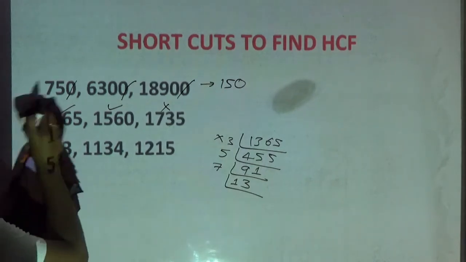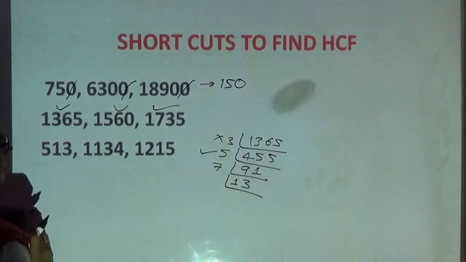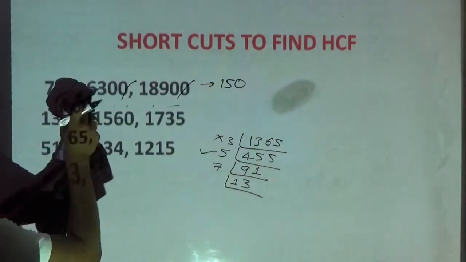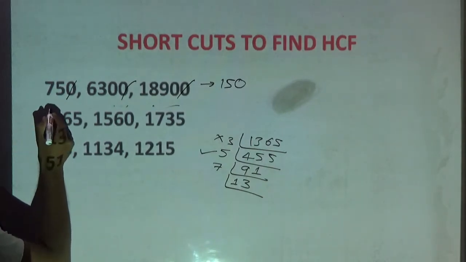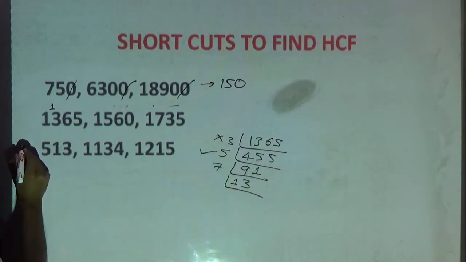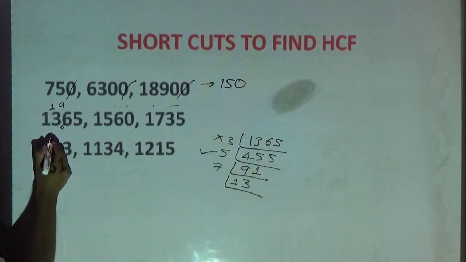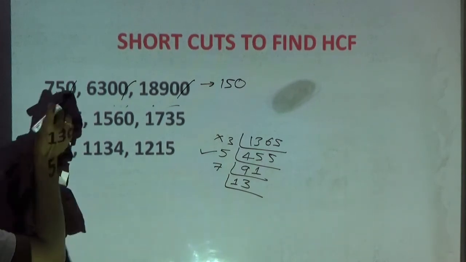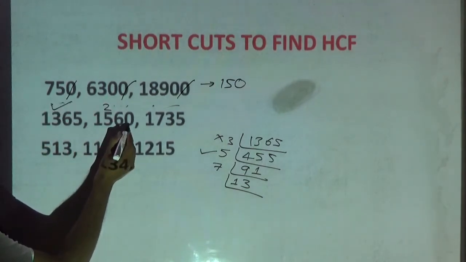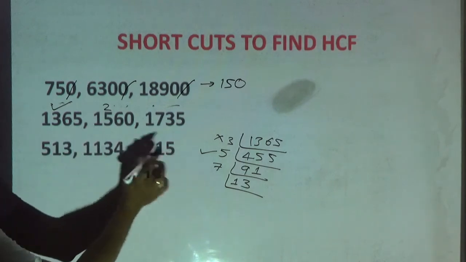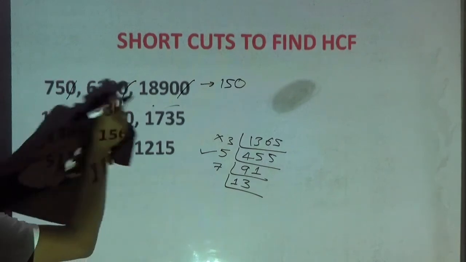Next, from 5 I can check. Whether I can divide these numbers by 5, yes, I can divide 5, 5, 5, yes I can divide by 5. Whether I can divide by 7, check now. 7 ones are 7. Okay. What is left? 6 left. 7 nines are 63, 3 left. So yes, I can divide by 7. This I can divide by 7. Now 7 twos is 14, but 0 is there. In the units place, definitely I cannot divide by 7. See, 7 twos is 14, 1 left. 2 I cannot divide by 7. Okay. This I cannot.